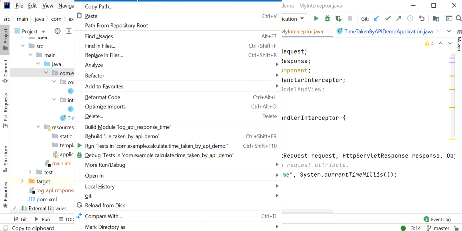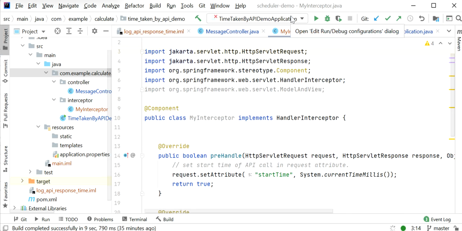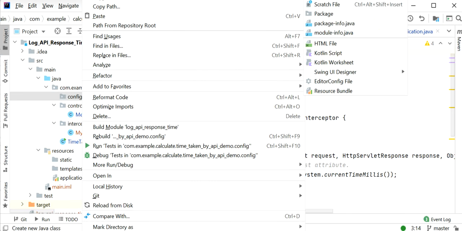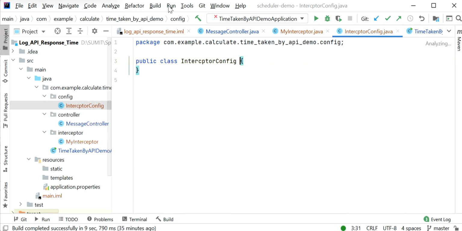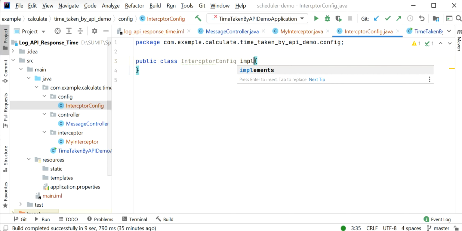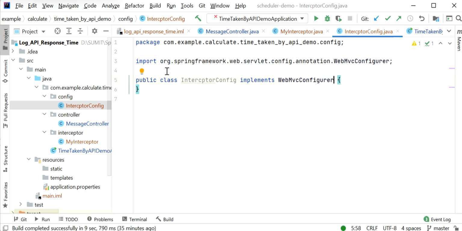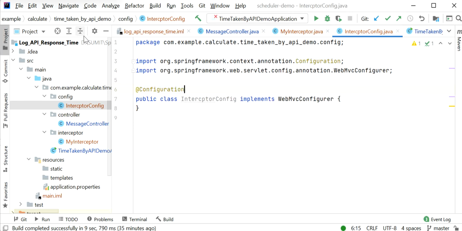Here I will create one config package, a new package, that is config, and here I will create one class, InterceptorConfig. Here I will implement WebMvcConfigurer, and at class level I will use the annotation @Configuration.